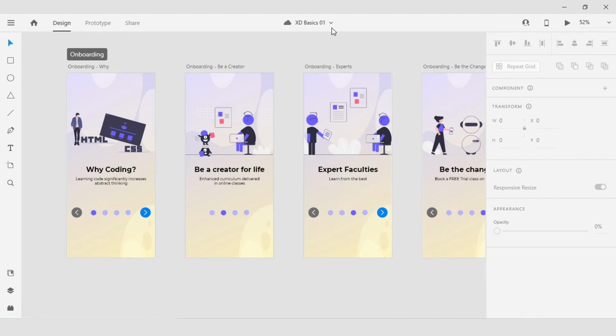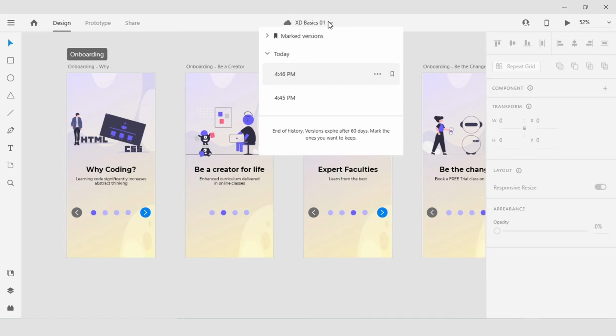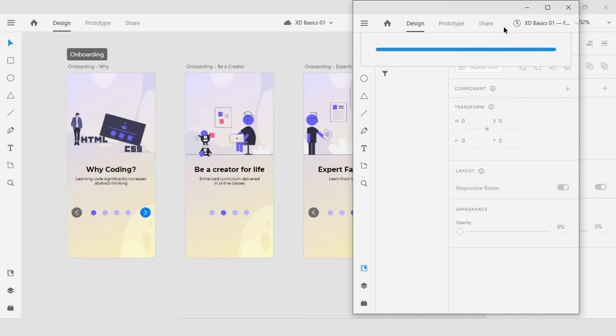If I come here in the header of the file, notice that towards the right of the name is a drop down. If I click on it, it brings up the document history window. In here, I can see any of the micro saves or background saves that might have occurred for the file. What I can do is just roll back to that earlier version. If I click on the menu item here, notice that I can open it in a new window and I can confirm that indeed it's something that I do want to roll back to.